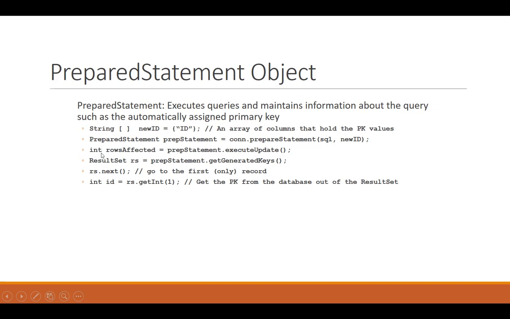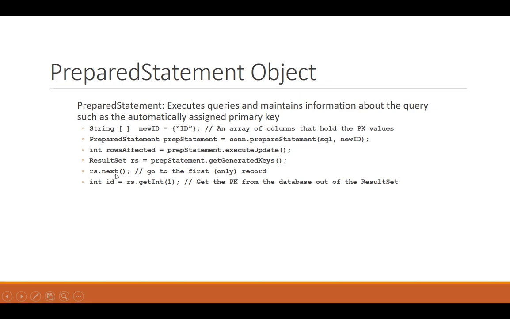This will actually go run that SQL and tell us how many rows were affected. And then here we say prepared statement, get generated keys, and that returns a result set. And the result set will include the primary key now. And this is a lot like an iterator in Java. You have to call next to get to the first record. And you can keep calling next to move to the next record, the next record, the next record, until next